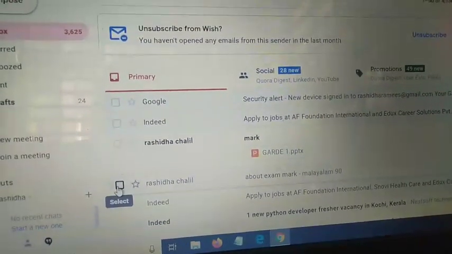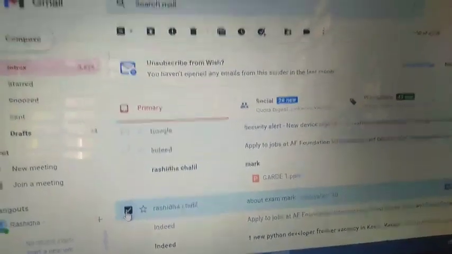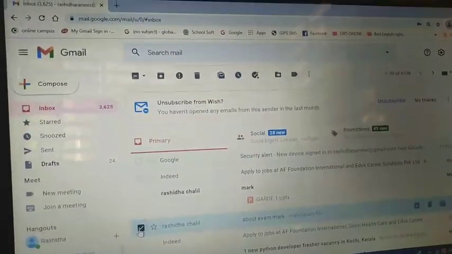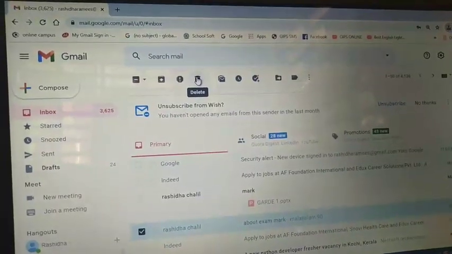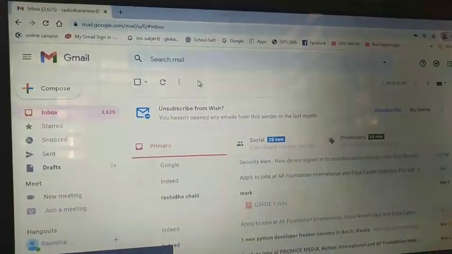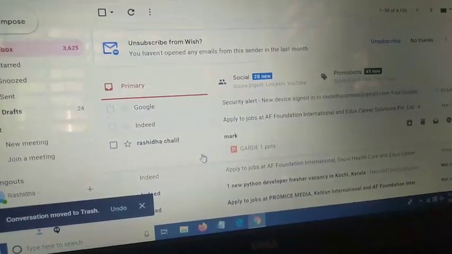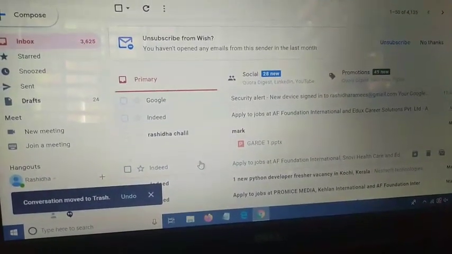So I can click on here, then a tick appears in that box, and then I can click on the delete button. Now that message is deleted from my account.